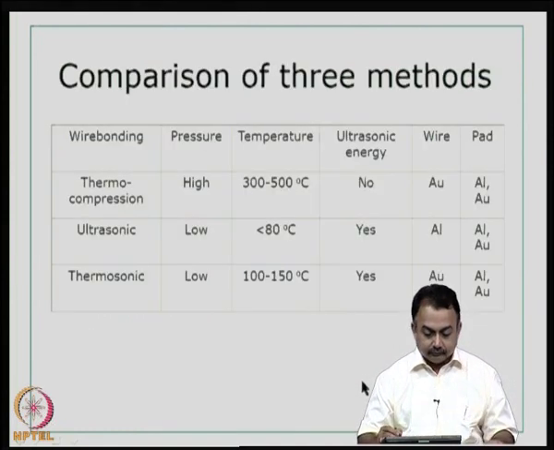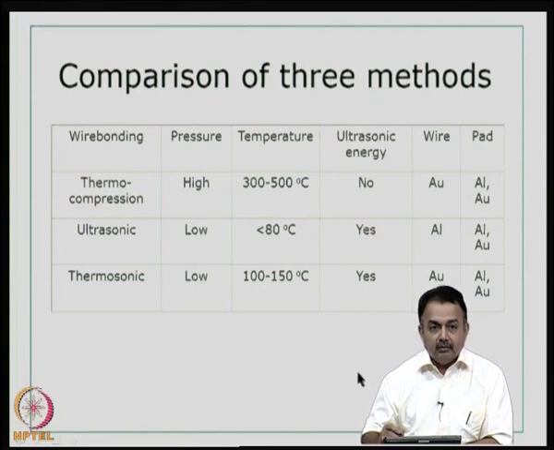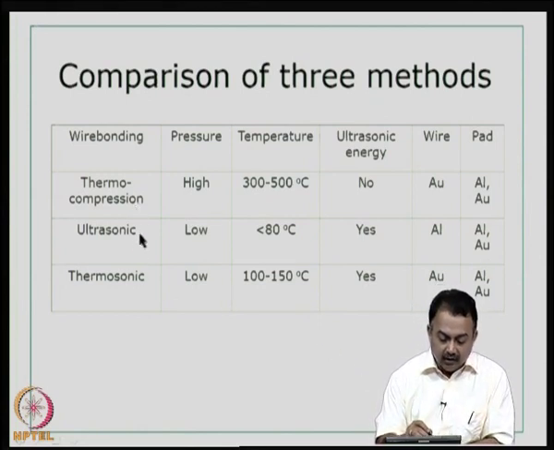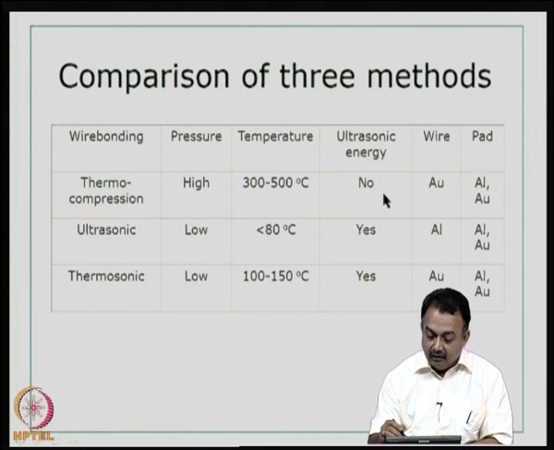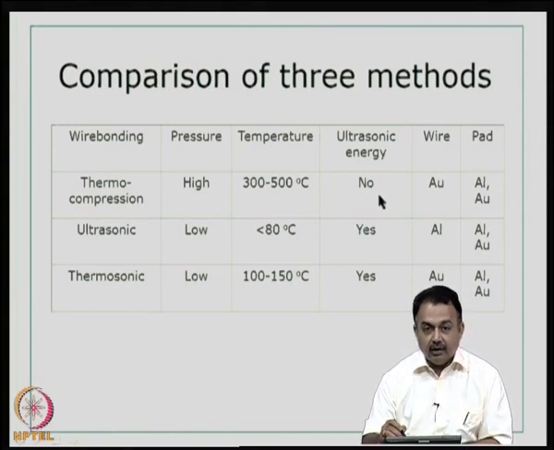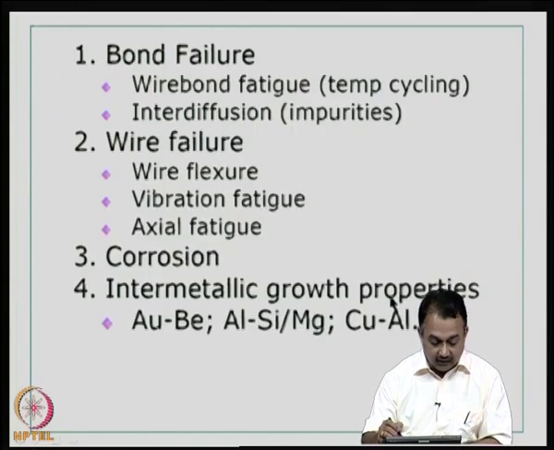So, you have seen now thermocompression bonding, ultrasonic bonding, and thermosonic bonding. Here the pressure used is high, with temperatures between 300 and 500 degrees centigrade, whereas if you use ultrasonic it can be much less. That depends on the material that you are using, and in thermocompression bonding you do not use ultrasonic energy. Here obviously you are using ultrasonic energy,